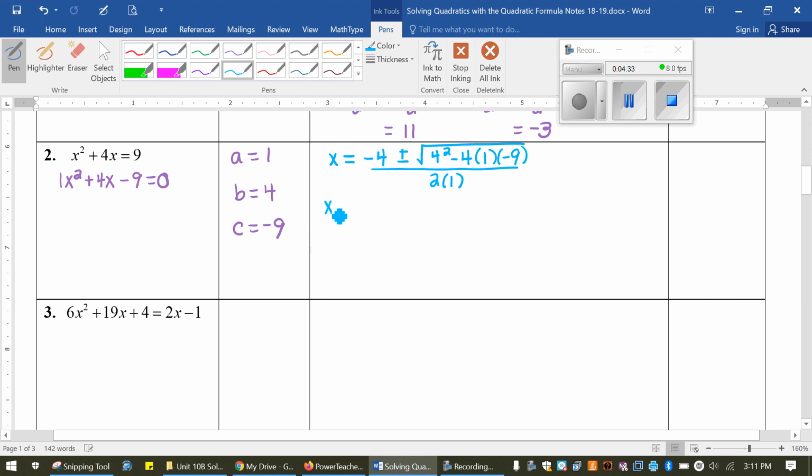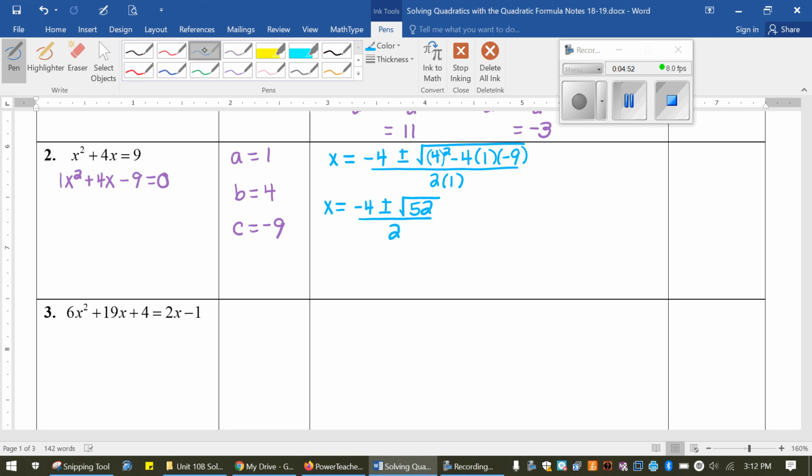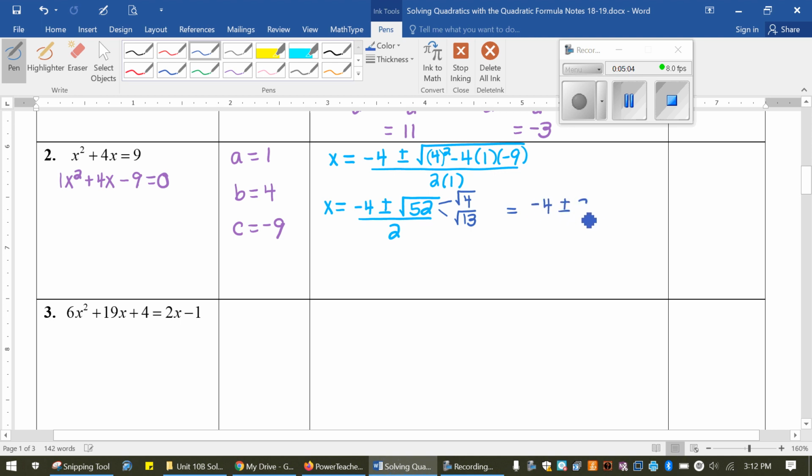So again, what you want to do is type in everything that's underneath the square root. Okay, don't type in the square root, and what you should get is the square root of 52 all over 2. Now, the square root of 52 can be simplified. There's a perfect square factor there. 4 goes in 13 times. So this will be negative 4 plus or minus 2 square root of 13